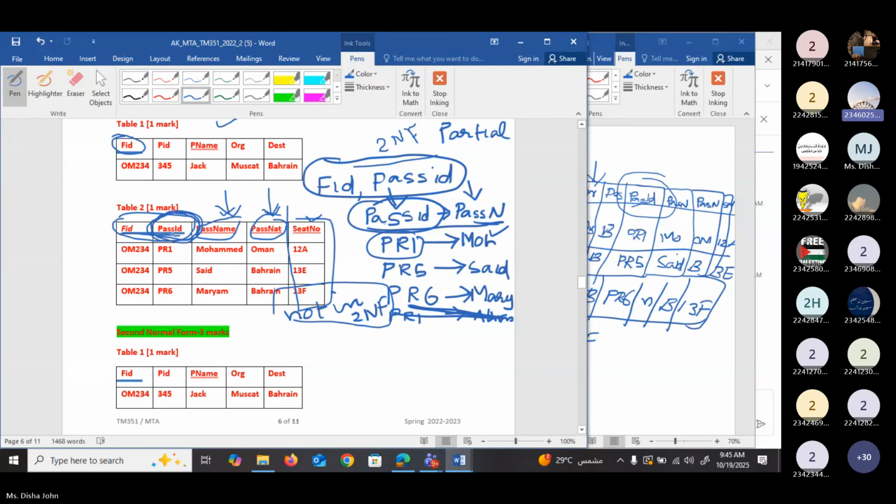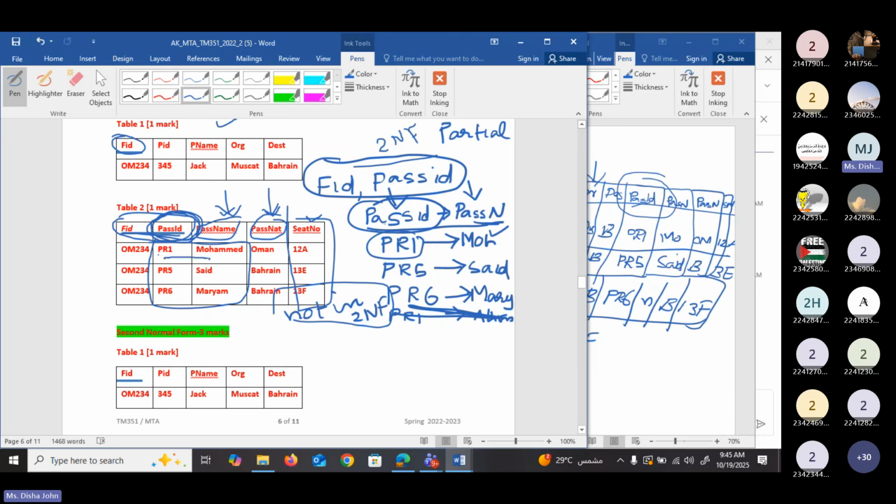Clear? Okay. Yes? I have a question. How can I know this specific column depends only on this part of the primary key? I am facing a problem in this. You have to check the values. So what is meant by dependency? If one value of passenger ID is related with only one value of passenger name, then you can know that this is a dependency.